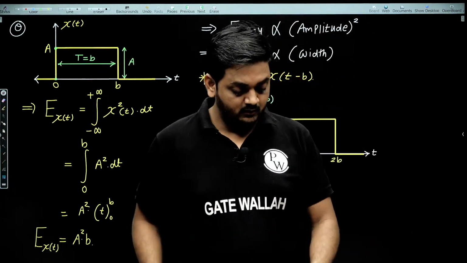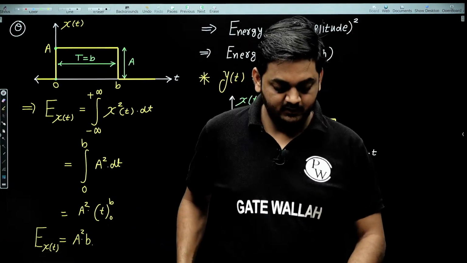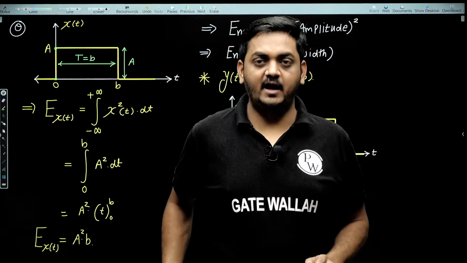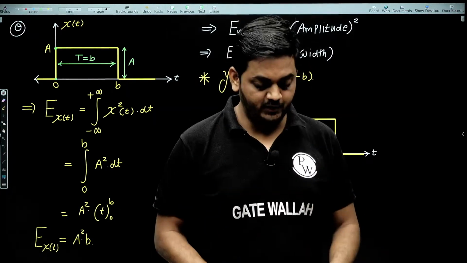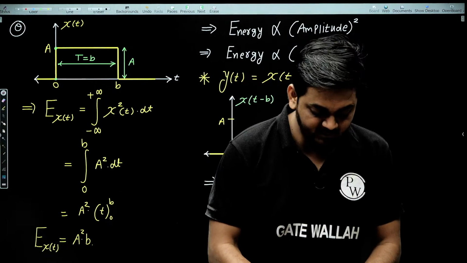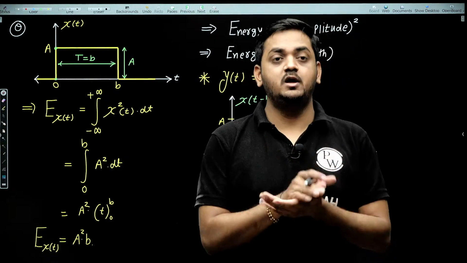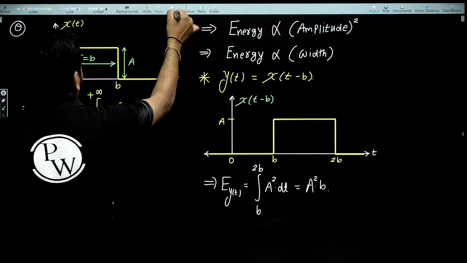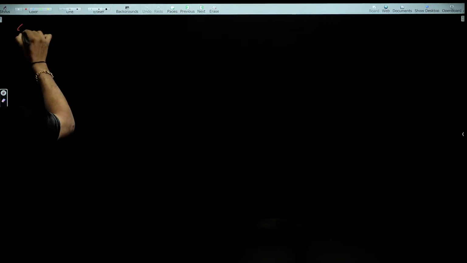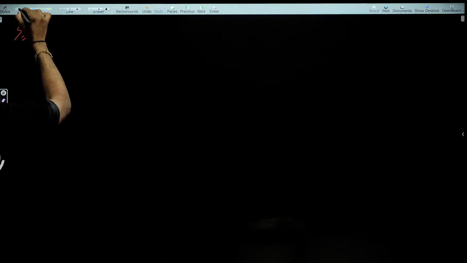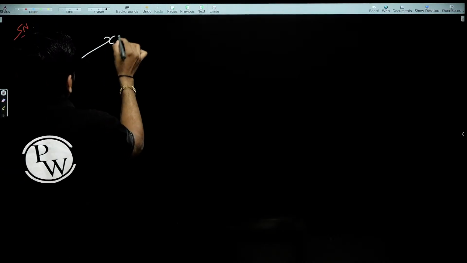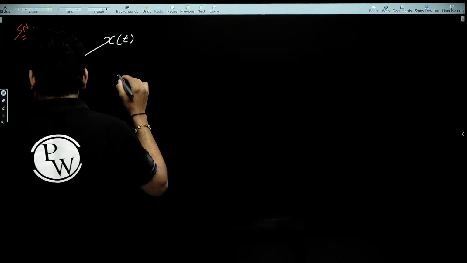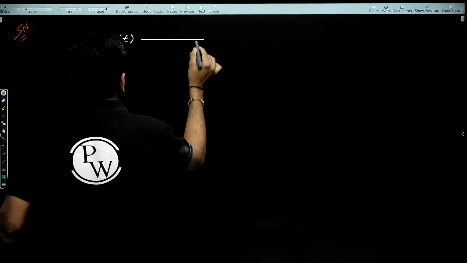So in the time shifting operation there is no change in the signal width and no change in the signal amplitude. That's why the time shifting operation and time reversal operation also don't alter the energy of the given signal. Can we say like this? So the important conclusion you have to write in your short note is: if the energy of the signal x of t is E,